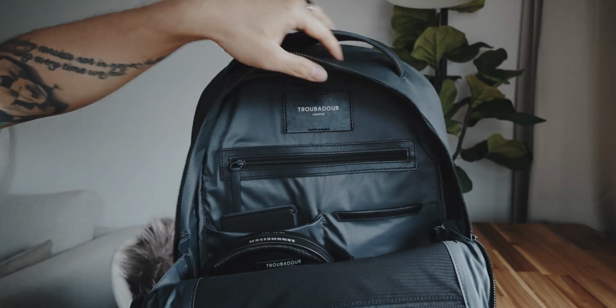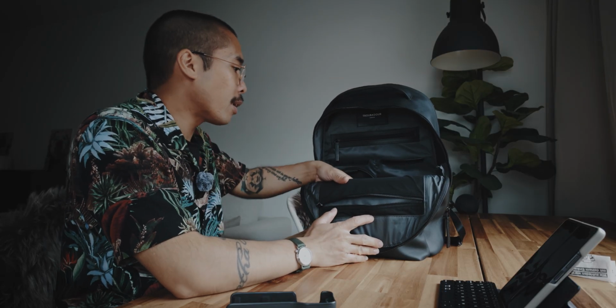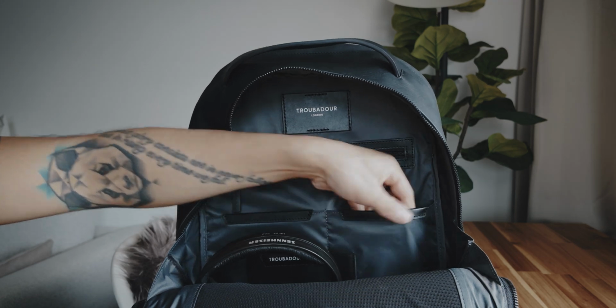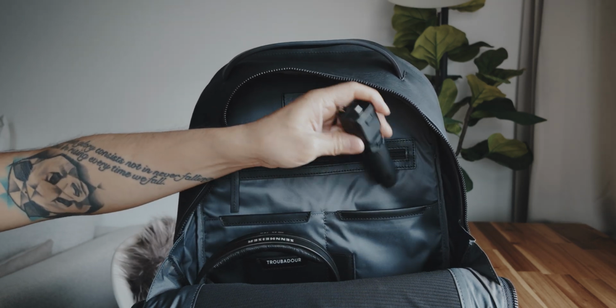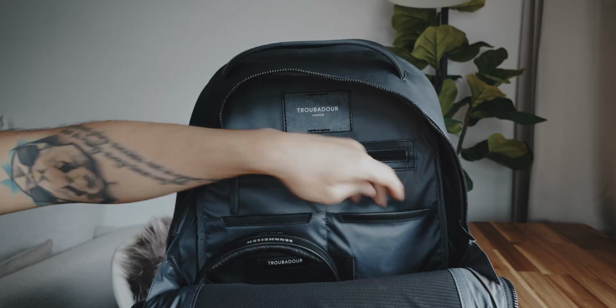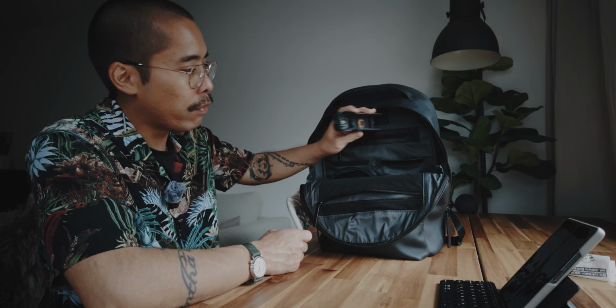And as I just previously mentioned, I really enjoy all of the slots and compartments in this main compartment. You can organize your items in these slots quite well. That being said, depending on what items you put into these slots, these obviously take up volume of your main compartment. That is a given, but I mean it in terms of if you have something bulkier, for example, the case